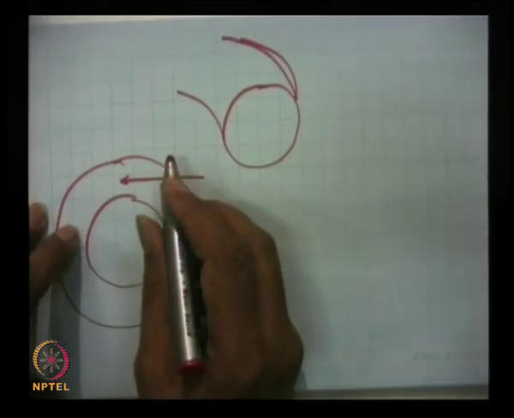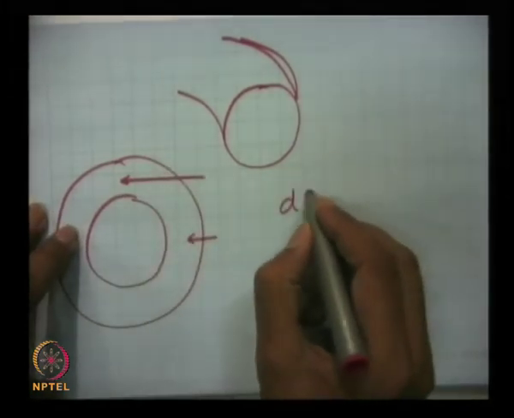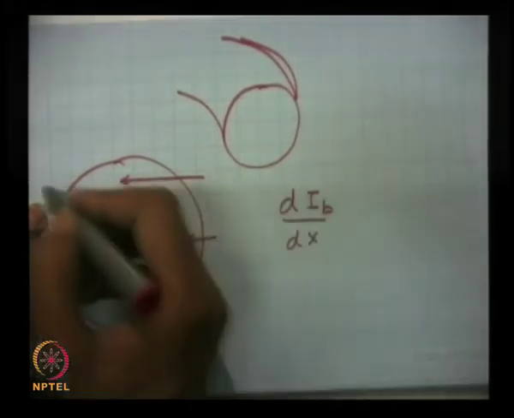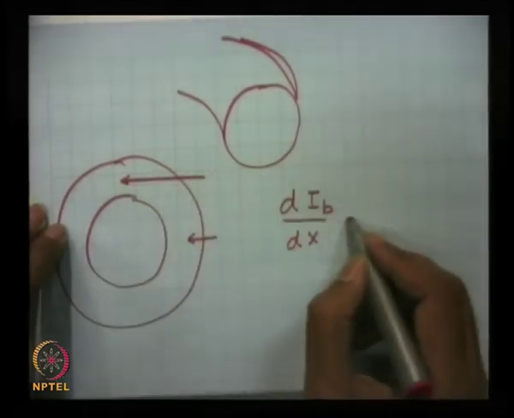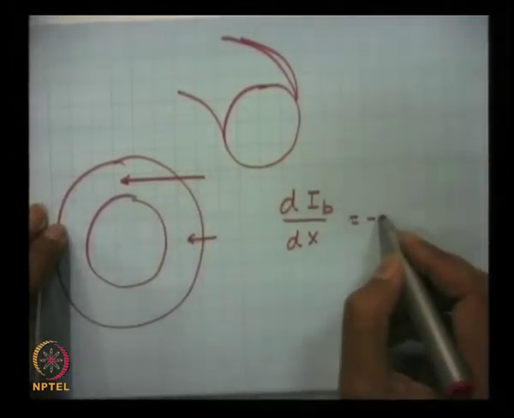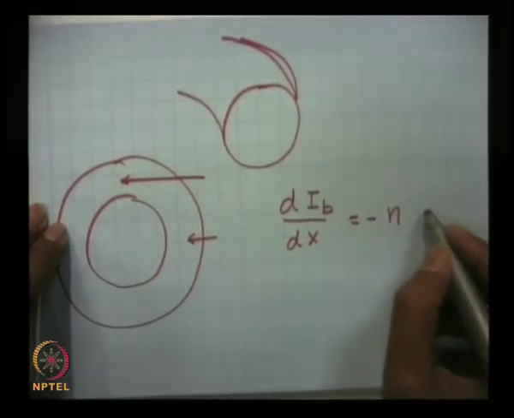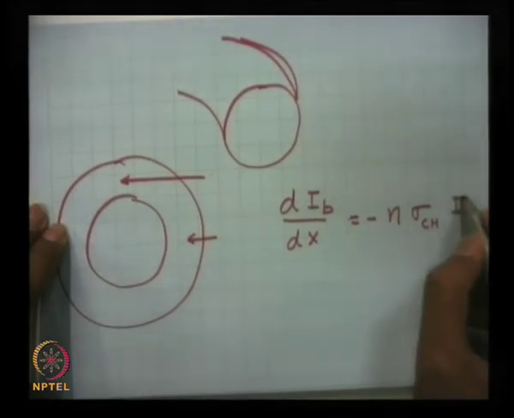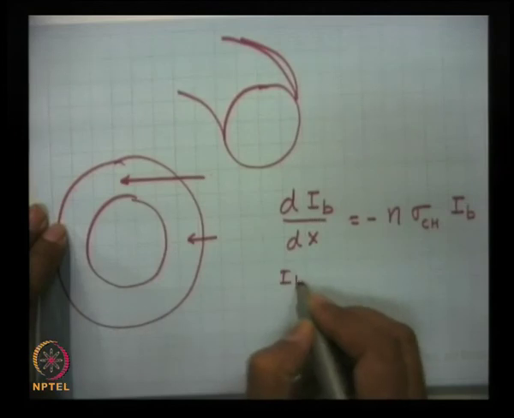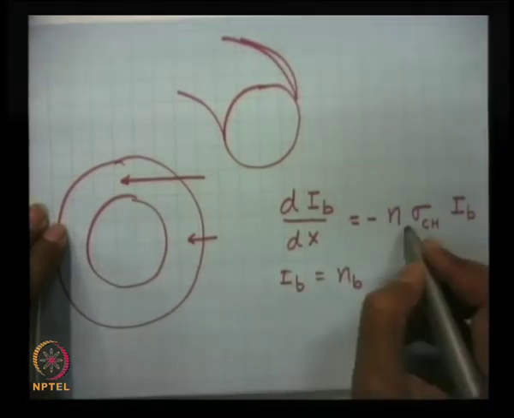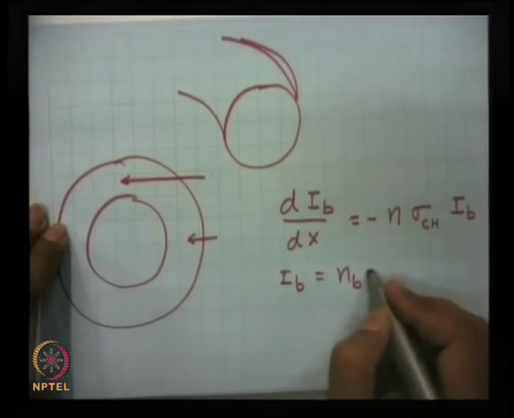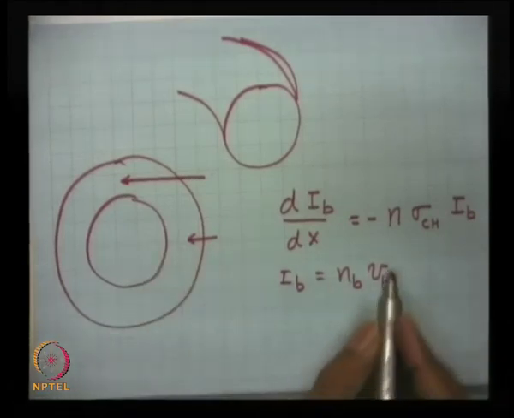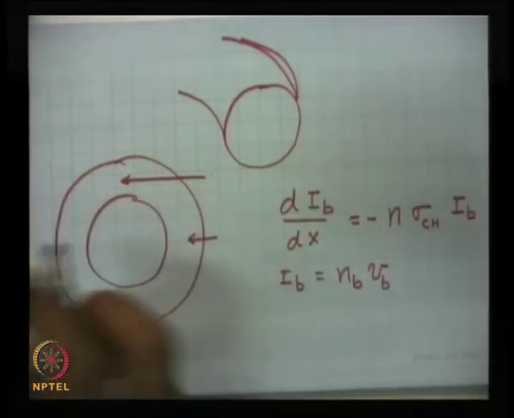it will lose its energy, and if the neutral beam current I define as IB, then as it travels in this direction, let me call the direction x, some direction x, then this is equal to minus the density of neutral beams into charge exchange collision cross section into beam current. IB, I am defining as a quantity which is the product of beam density multiplied by beam velocity. This n is the density of ions. So, the neutral beam as it travels will lose its energy, and typically in a distance of about 30 centimeters